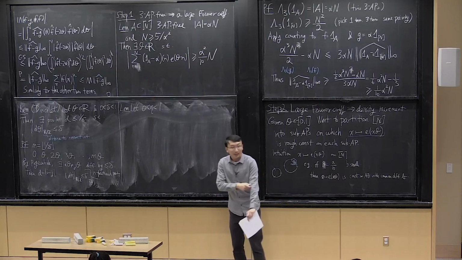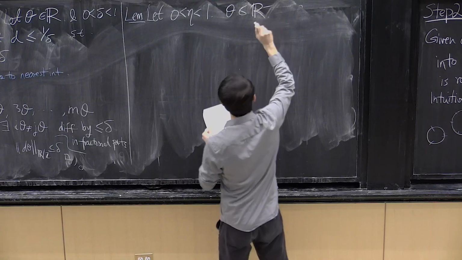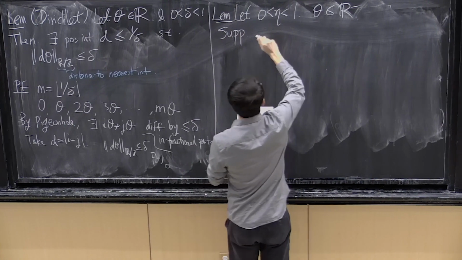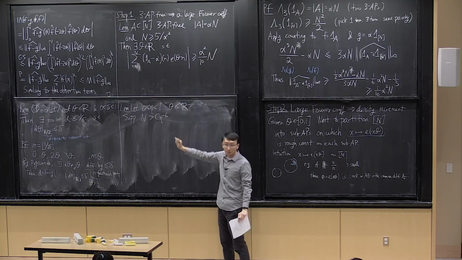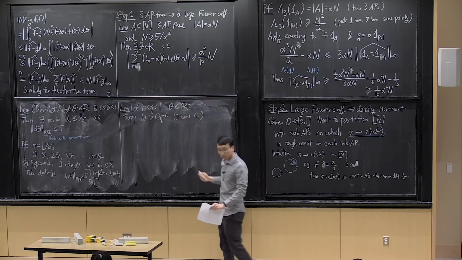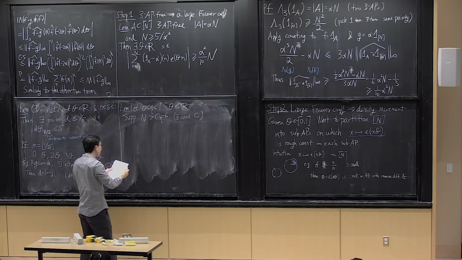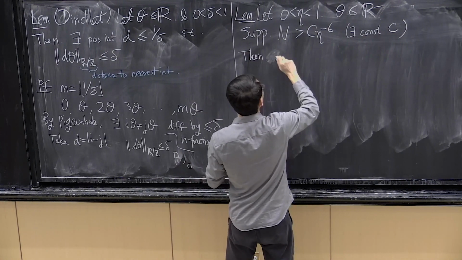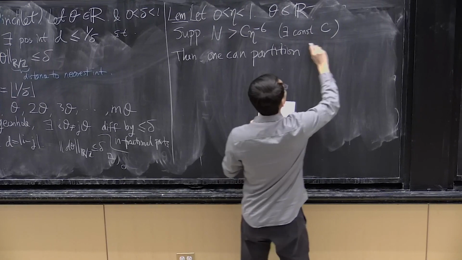if we take eta between 0 and 1, and theta irrational, and suppose n is large enough. Here C means there exists some sufficiently large constant C such that the statement is true. So suppose, think a million here. That should be fine. Then one can partition 1 through n